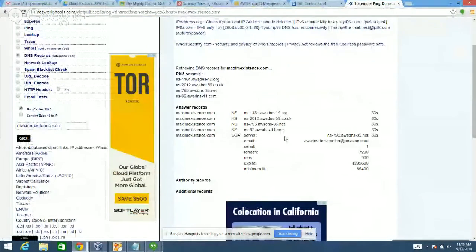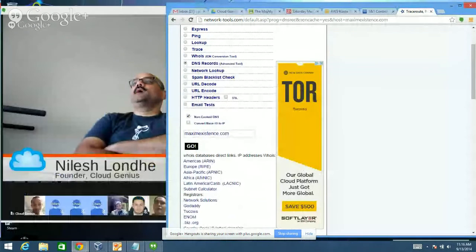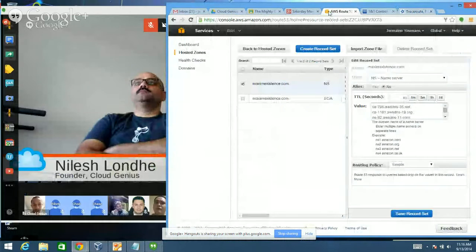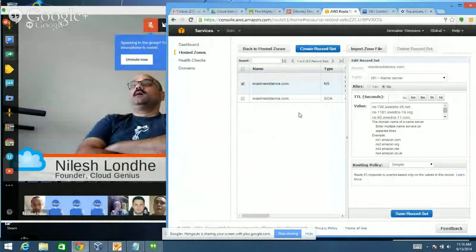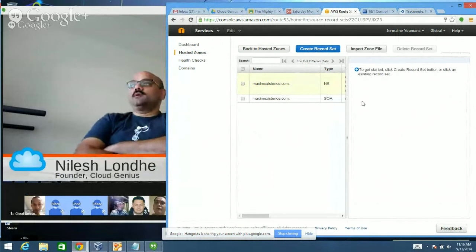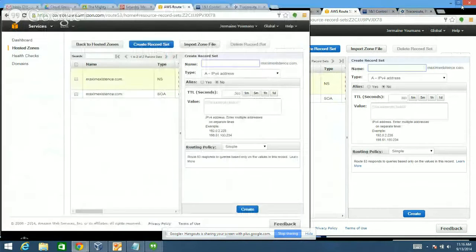So please verify your MX records are not set. Okay. So your TXT records are also missing. So let's do the first thing first, TXT. Here you want to create a TXT record, create record set, blue button, and Google will tell you what to put in there. To create record set, maximize this window so you can see it better.